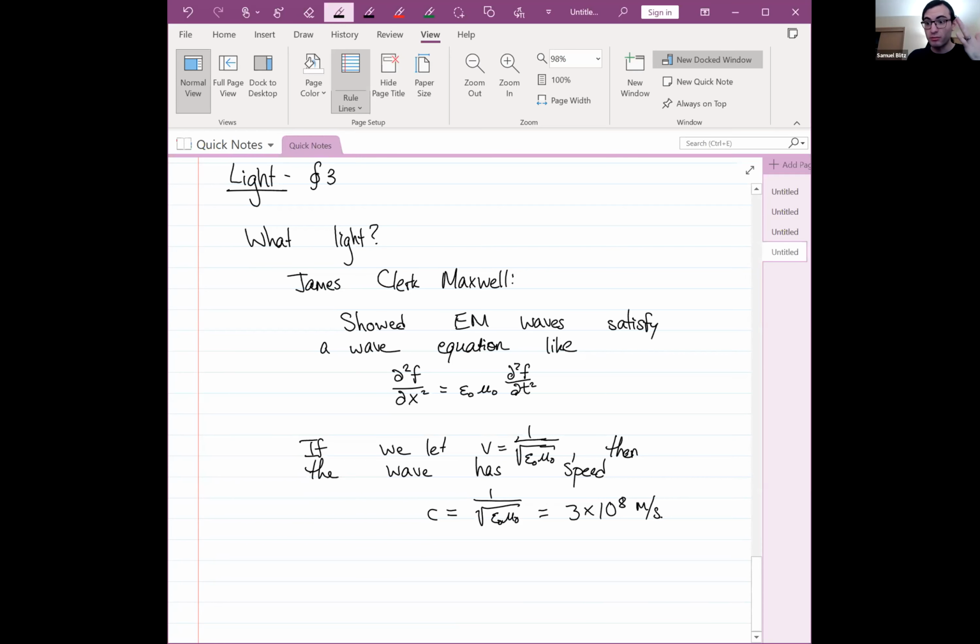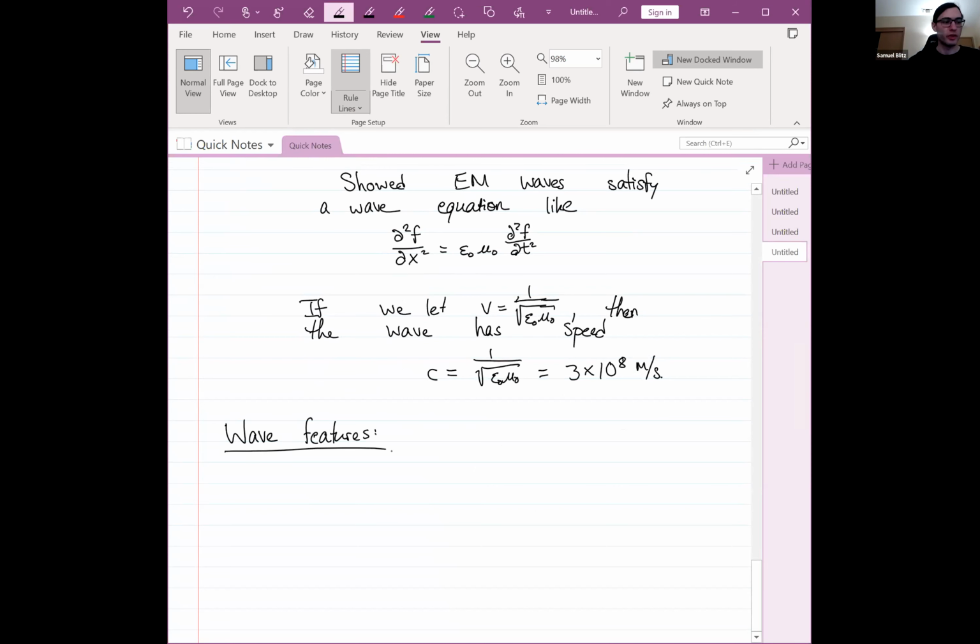So just like any wave, these waves have features, things like polarization, the medium, what they're displacing, and so on. So we should talk about those. Light is very strange in a few of these regards. Light can travel through lots of media, i.e., it travels through glass just fine, it travels through water just fine, but it can also travel through no medium at all,